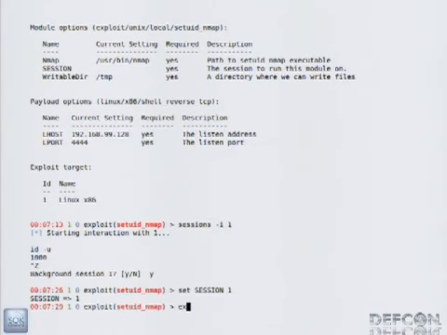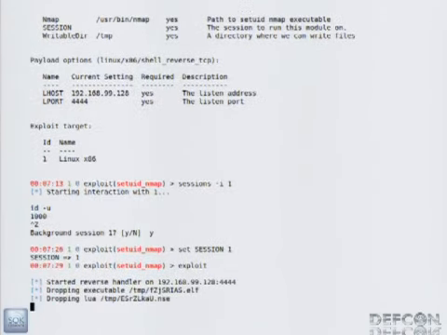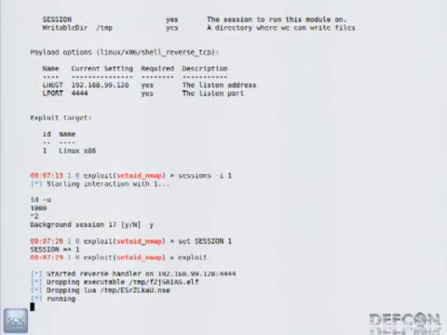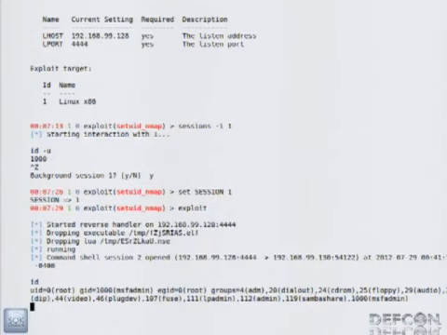We set that session, we run the exploit, it drops out a file, drops out an executable, runs the executable, and now we're root. Very simple, easy to clean up, just drops a couple of files. Woot.